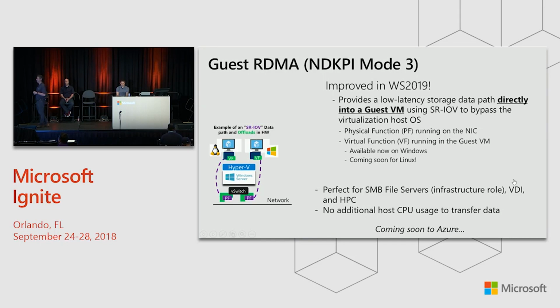And you have a physical function that's actually running on the physical NIC, but it's bypassing the virtual host in the Hyper-V virtual switch. Now, there's positives and negatives to this. The positive is you get much better performance with lower latency. The negative is you lose some of your ability to enforce network policy as you traditionally did in the vSwitch.